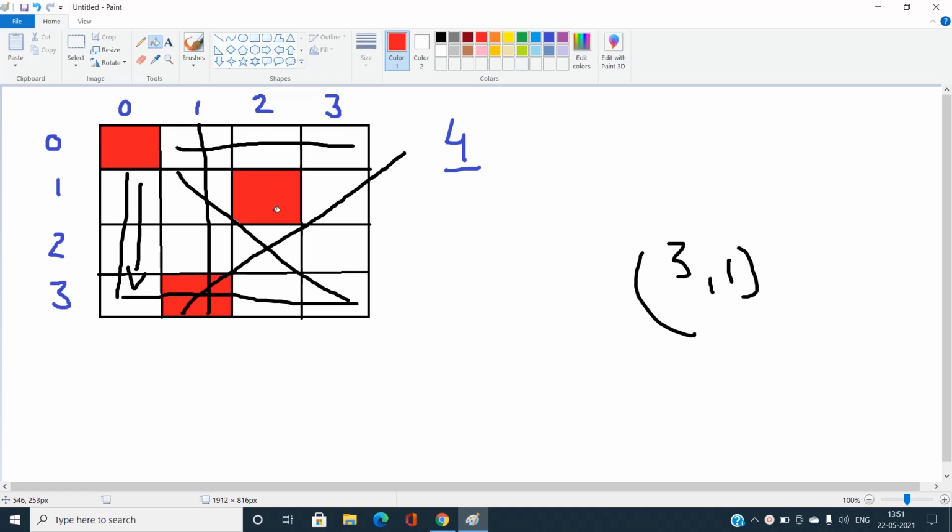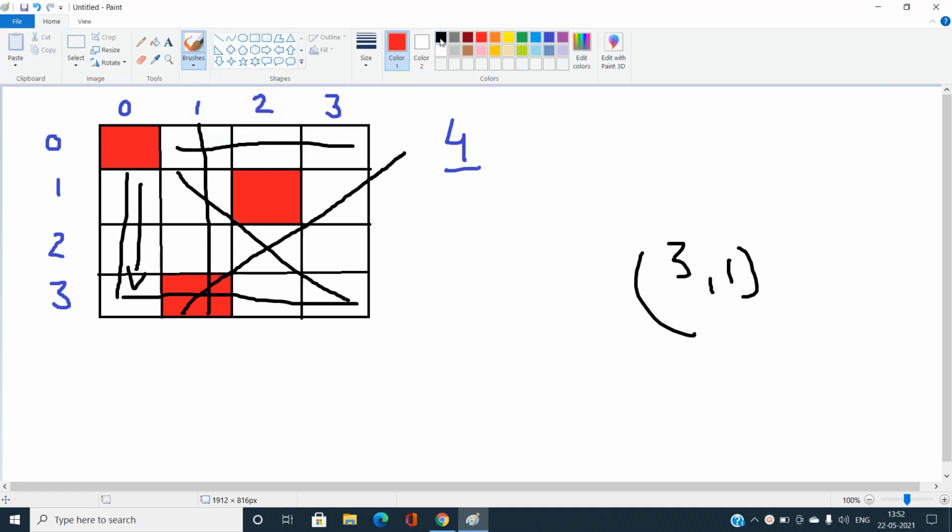If I can place a queen over this position, it means that yes, I've already placed three of the queens. So can I place some more queens? Let us think: can I place more queens over these positions or not? If I'm placing a queen at 1 comma 2, what are the violating rows, columns and diagonals?